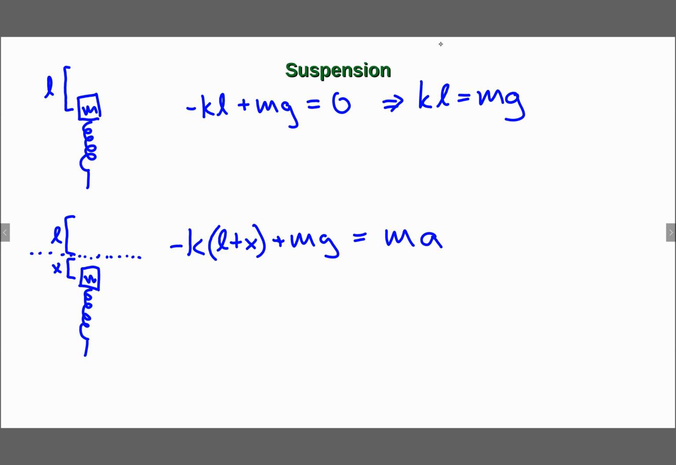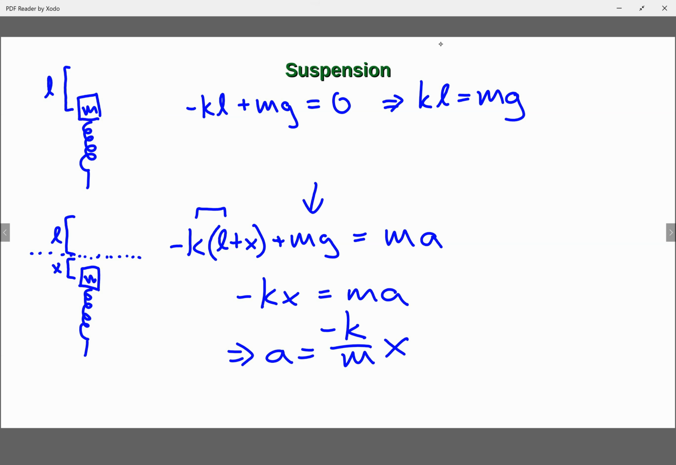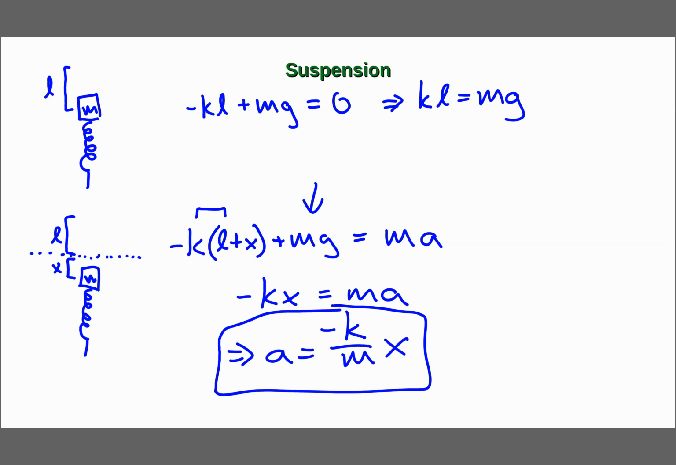And then remember, kL equals mg. So this first term is going to be minus kL, which is minus mg, so it just cancels the gravity term. What I'm left with is minus kx equals ma, and therefore a equals minus k over m times x. Remember, this is a differential equation, because a is actually d squared x dt squared. This is the exact differential equation that we solved